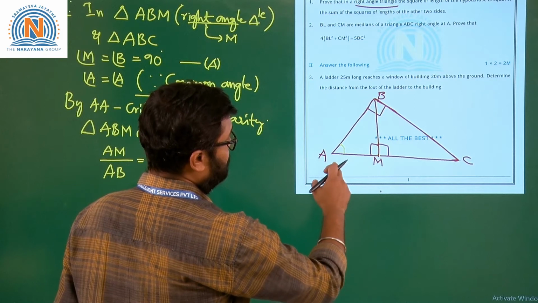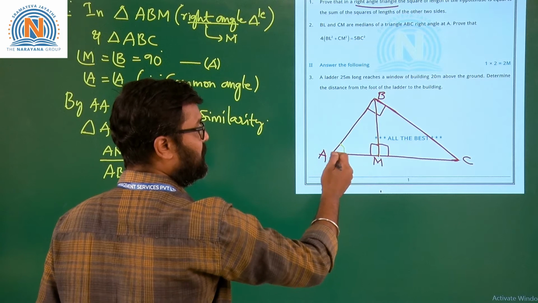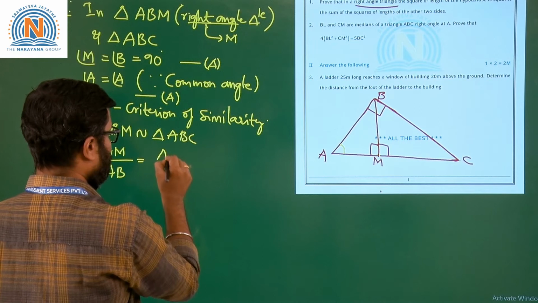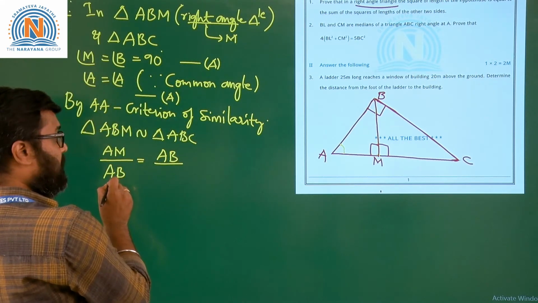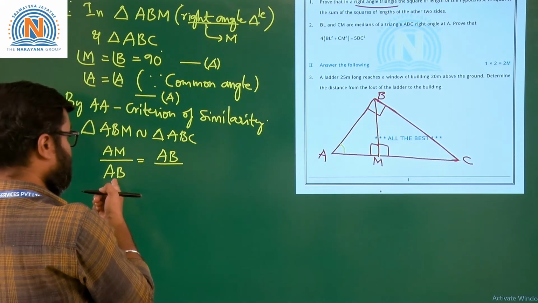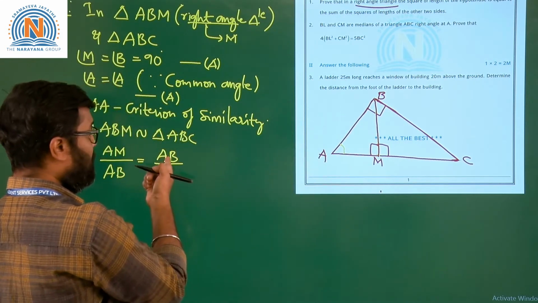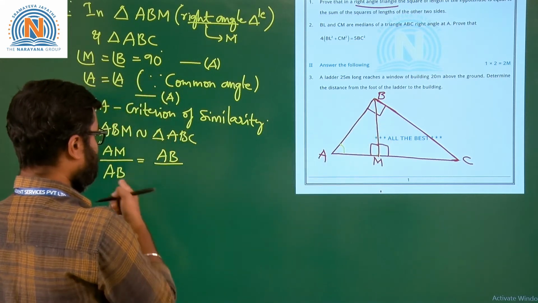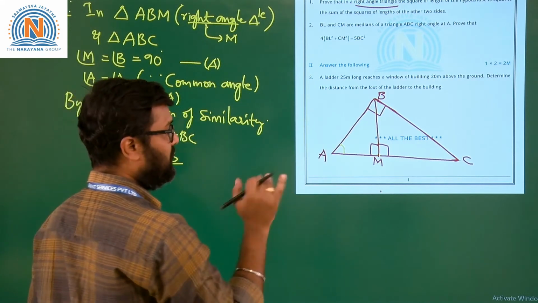So now again, this time take the hypotenuse. For ABM, what is the hypotenuse, children? This is opposite to the right angle, that is AB. Now AB by, see children, here for ABC triangle, AB is the base, isn't it? Here AB, and AM is the base for ABM. But here AB is the hypotenuse for the ABM triangle. So that's the difference, okay? Same side, but the logic is different.